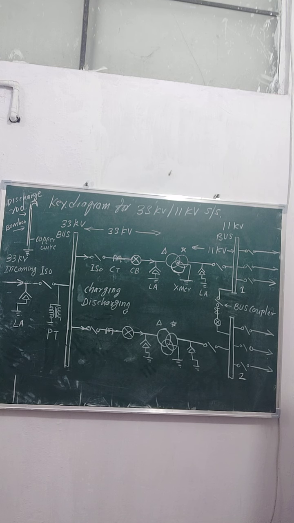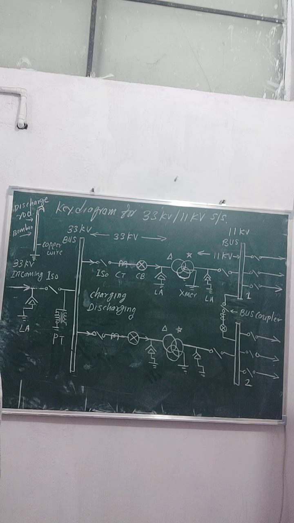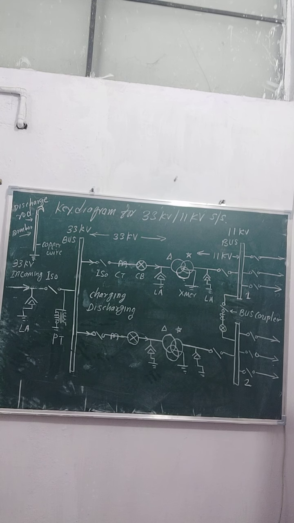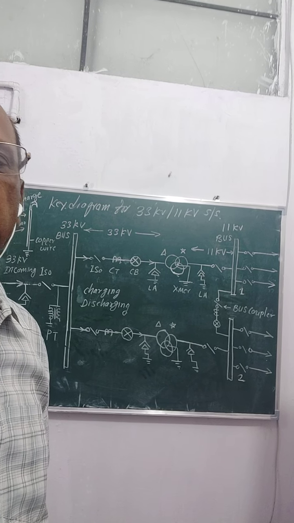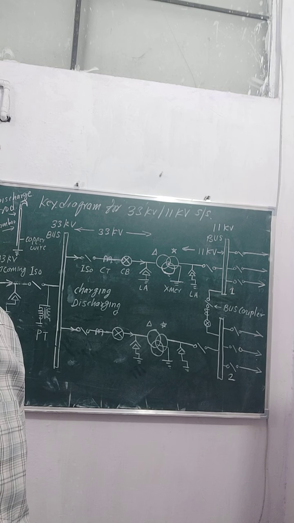Normally what happens when we completely discharge the substation and transformer, due to residual magnetism, sometimes voltage is induced either from primary to secondary or secondary to primary. That is not in the knowledge of the worker or the persons who are doing the work. So when we put the discharge rod, the discharge rod will discharge that particular voltage induced due to residual magnetism in the transformer.